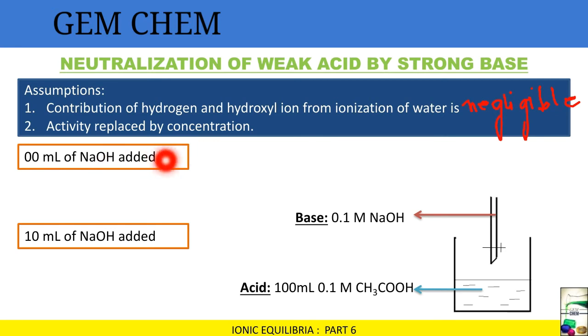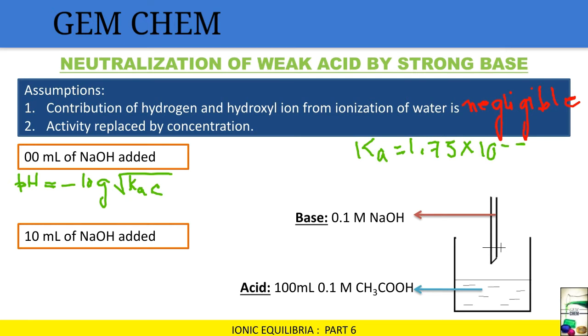Okay, now again the same case we will do, but remember CH3COOH is a weak acid and we know how to get the formula and the pH for a weak acid. If you have not watched the previous videos, do watch them because all the formulas are related to the previous videos. Okay, so pH in this case is equal to minus log root over Ka C. Now Ka for acetic acid is 1.75 into 10 to the power minus 5. Here Ka is given and C is 0.1, which is given here. So ultimately our pH comes to be 2.88.